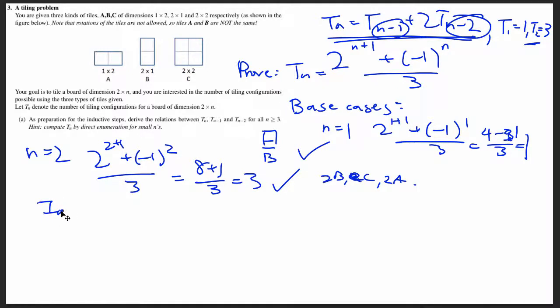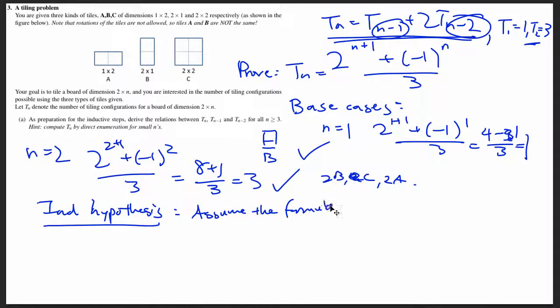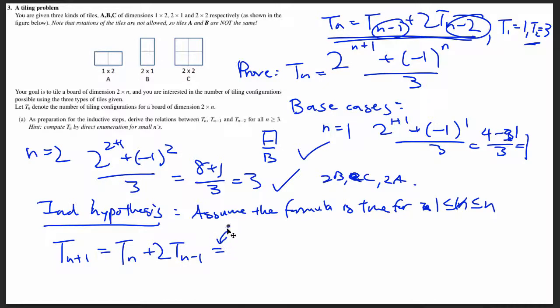Alright, so now the inductive hypothesis, of course, is to assume the formula is true for k, for 1 less than k less than n. Because we're going to have to go 2 at a time, so we need strong induction. Now, Tn plus 1, using the definition from our recurrence relation, equals Tn plus 2 Tn minus 1. And from the inductive hypothesis, this is the inductive step,